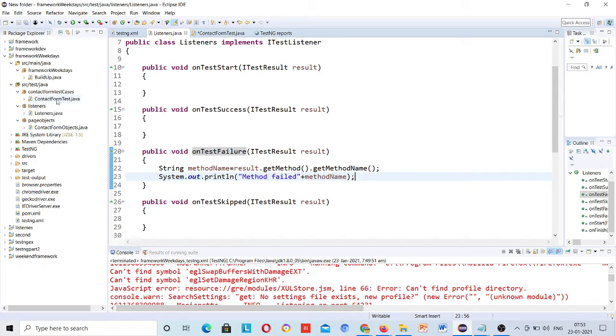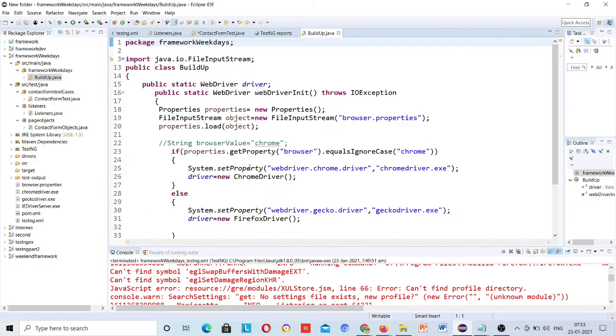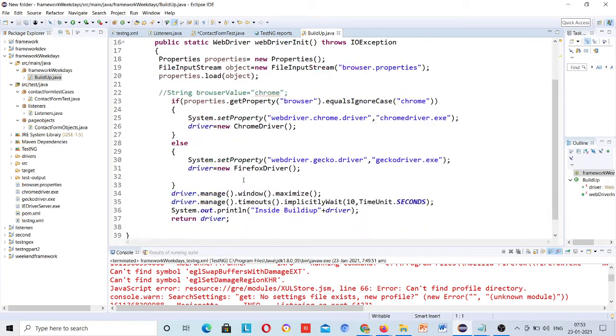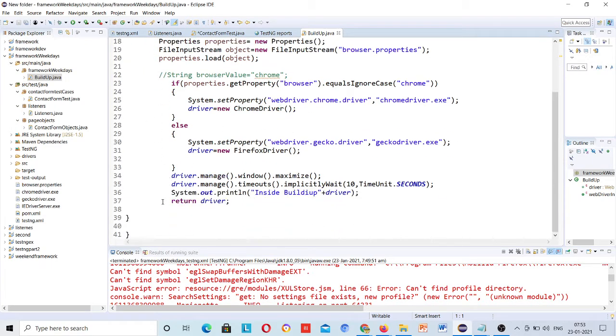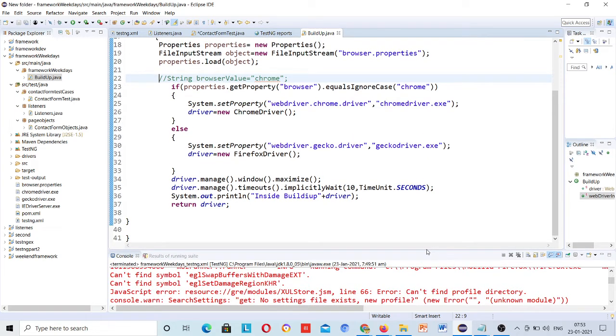So where does it go? This is the build-up class, right? This is basically what matters when you are going to explain your framework, how you actually designed it, or how you were working. My suggestion is never to answer that you have designed a framework, because you are very new to this topic. Okay, you are very new to automation, and you instantly say that you have designed a framework just because you have attended some lectures.